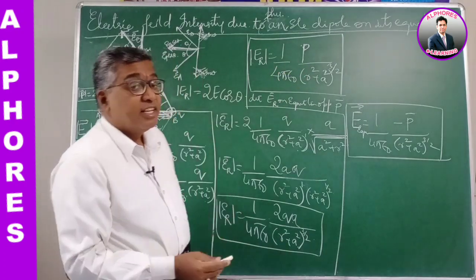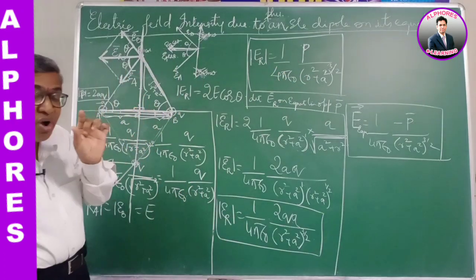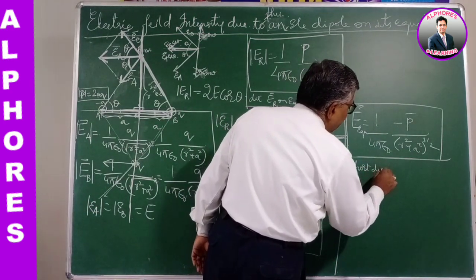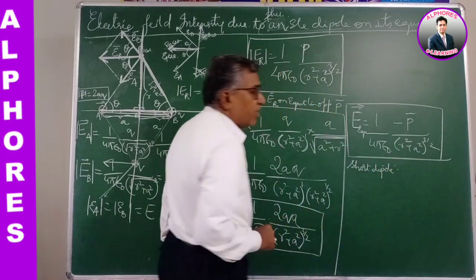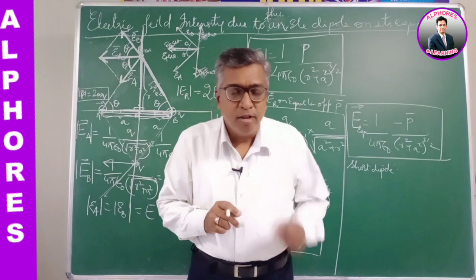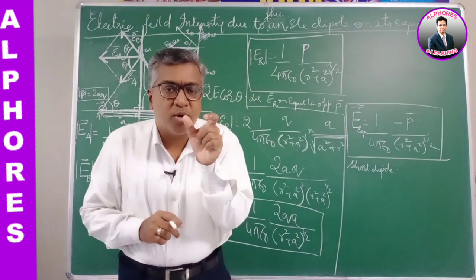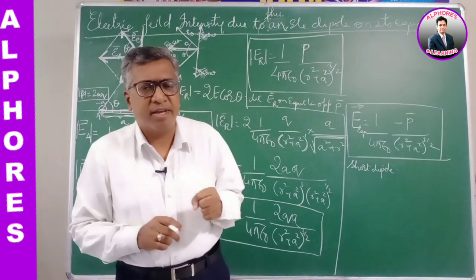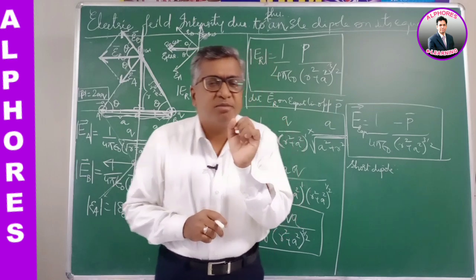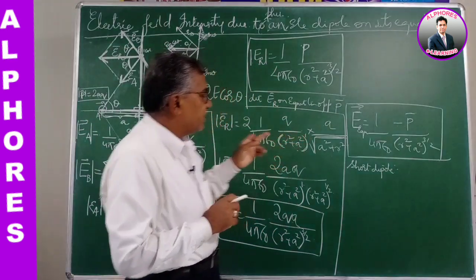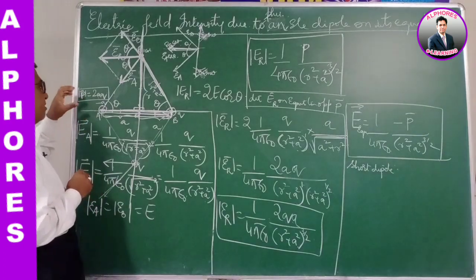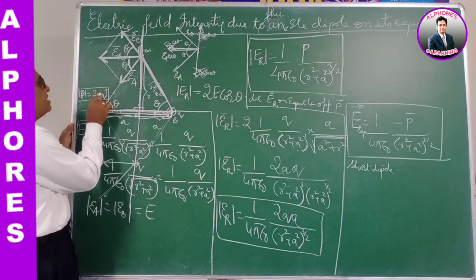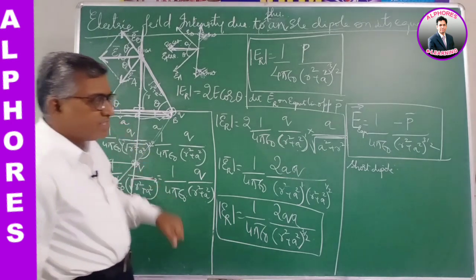Magnitude is like this. Now in this one, suppose this is a short dipole. What do I mean by short dipole? I was telling you, a short dipole or an ideal dipole is the combination of two equal and opposite charges of high magnitude, strong charge of high magnitude Q, but the distance of separation between them is very small. So the magnitude of dipole moment P will be the same, but the magnitude of the charge is more, and the distance between the charges must be less. That is termed as a short dipole.